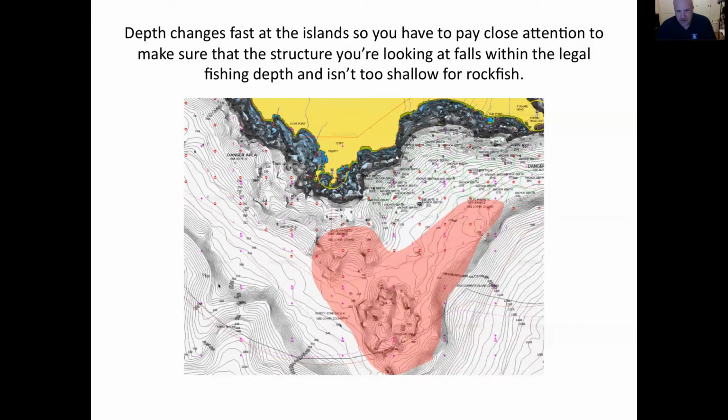So basically, when I fish a place like San Clemente or up at the Channel Islands, I try and concentrate on a certain depth range. So here, I'm looking between 200 and 360 feet, so that I only spend my time looking at water that's, first of all, legal to fish, and second of all, not too shallow, so you don't get a bunch of other junk. One of the things I learned last year, I spent some time fishing rockfish at Santa Barbara Island, and that's in the Cowcod Conservation Area, so you can only fish up to 120 feet. And there's a lot of spots that look great, but